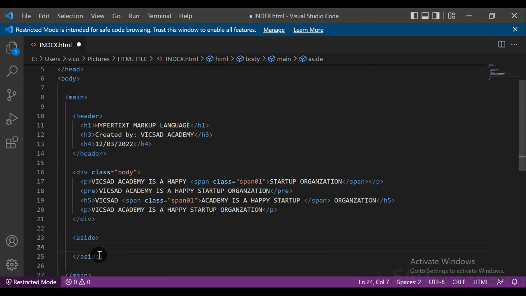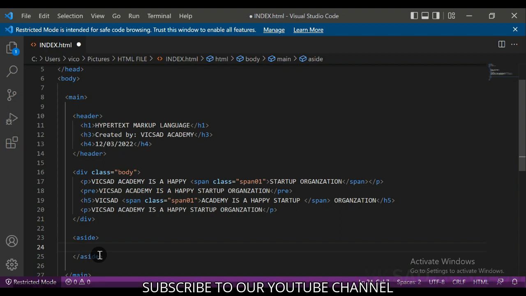So now the aside is also a container. It can contain any other element as far as a container. It can contain the section element, which is also a container. It can contain the div. It can contain some other inline level elements like the paragraph, span, and many more. But the reason why we make use of the aside element is because maybe we want to have a content that is meant to just be at the side and talk about the main content in a particular web page. Then make use of the aside